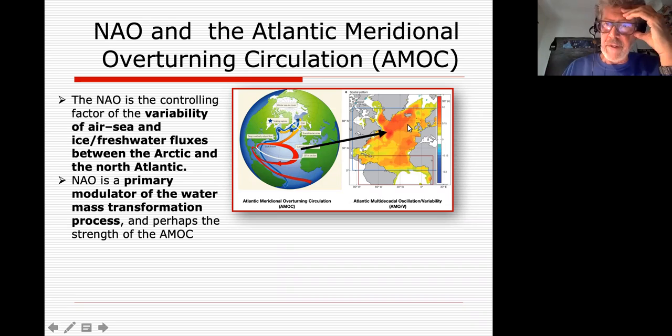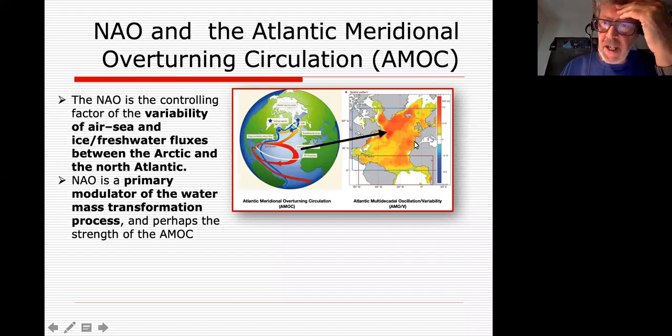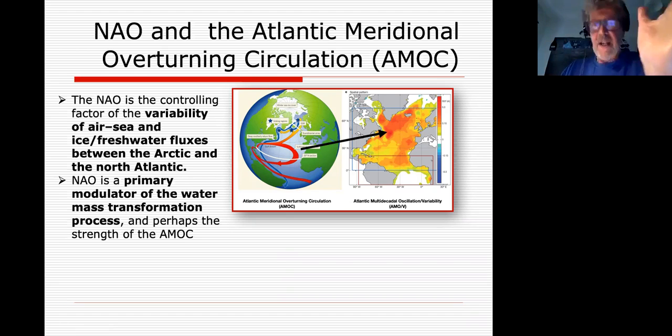So the reddish part here is related to the northern branch of the Gulf Stream, the western part of the Gulf Stream, and we have an area which could be related to the intensity of the subtropical gyre, and then we have an additional red spot on the coast of Africa,